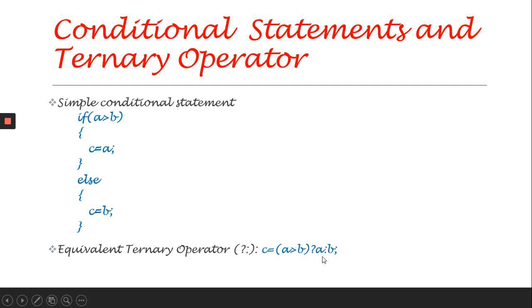Okay, so this is a very simple type of operator. The only thing is you need to understand well and use it. If you use a ternary operator, you can save a lot of statements. You can write it in a very precise manner. Okay, so conditional statement and the ternary operator, you just understand and do it so that it will be very simple in using. Okay, so ternary operator has three operands and its symbol is question mark and colon.